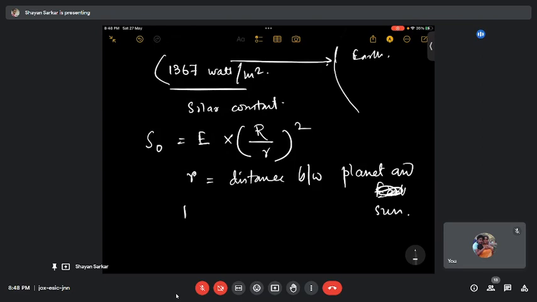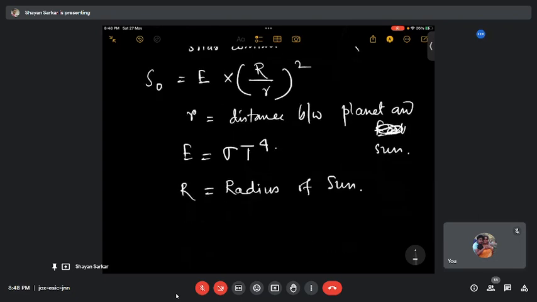E is the energy which is equals to sigma T to the power 4, radiational energy. And capital R is the radius of sun. Okay, radius of sun. So solar constant is equals to